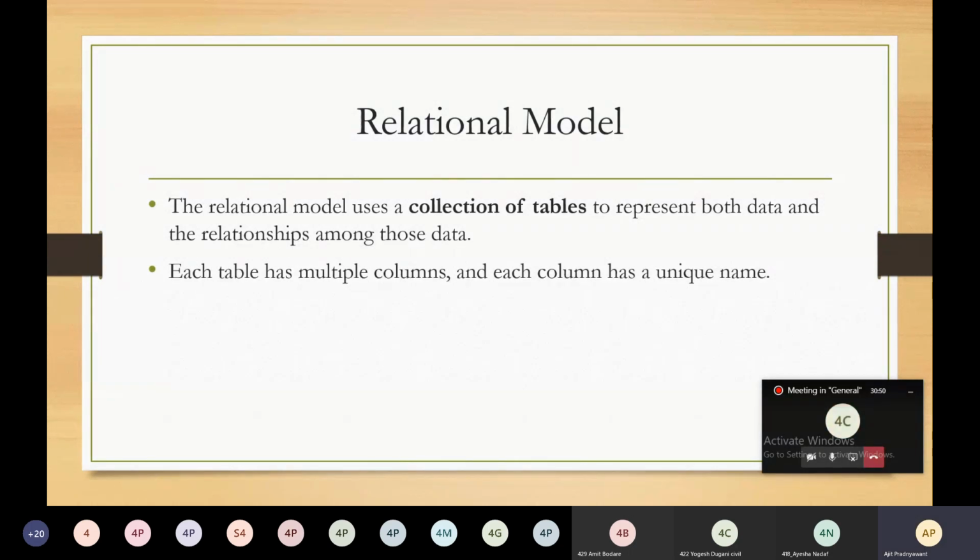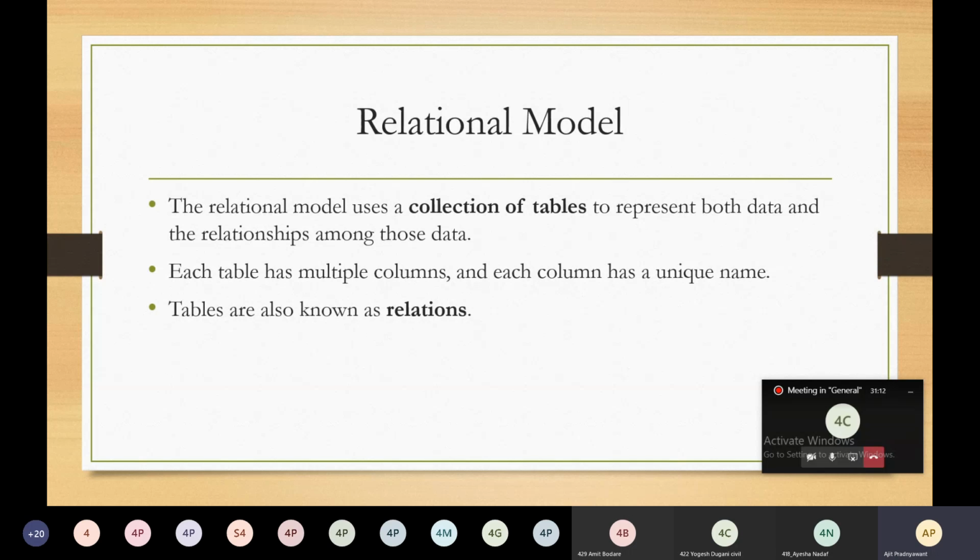In this relational model, each table has multiple columns and each column has a unique name.